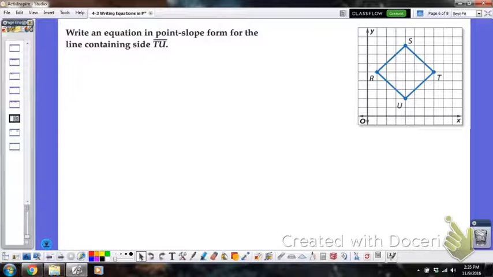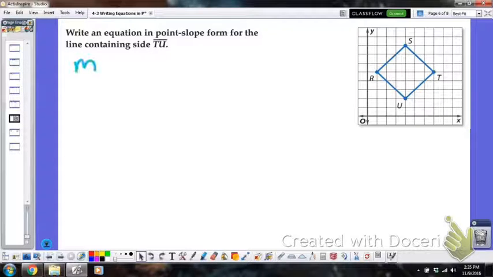Now the reason why we want to use point slope form in this situation is because if you look at our graph, I have no idea where my y-intercept is. No clue where that is. So I can't obviously pick it out right away. So I want to use my point slope. For that, I need to know a point,